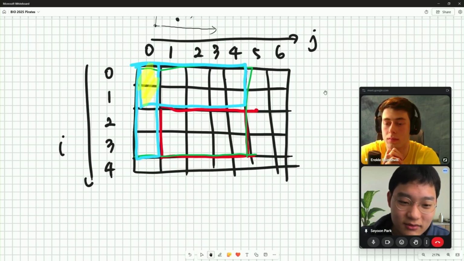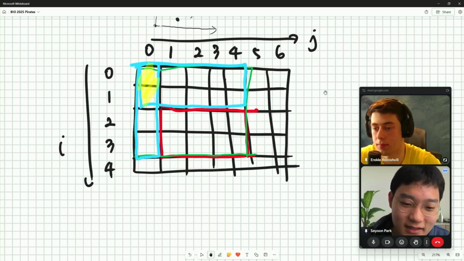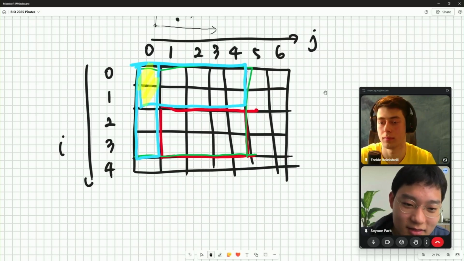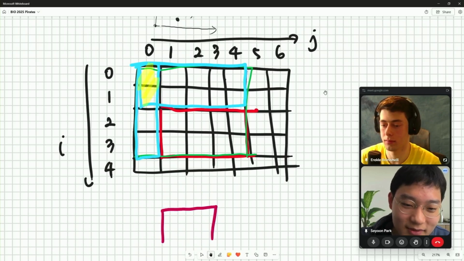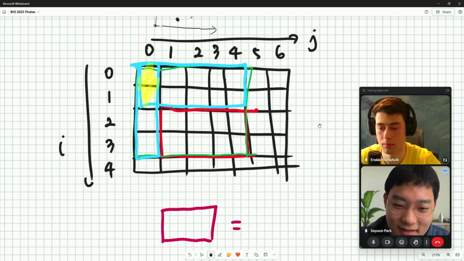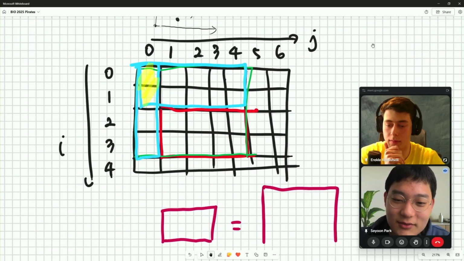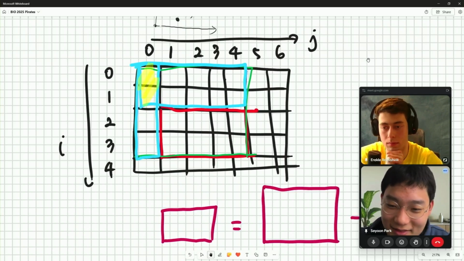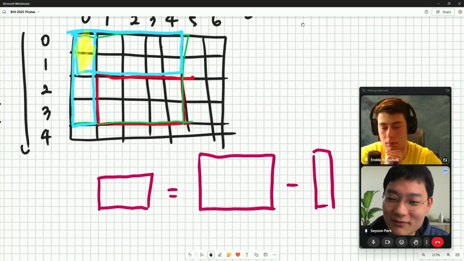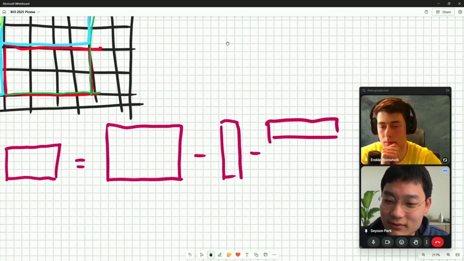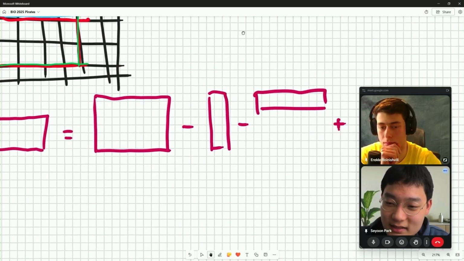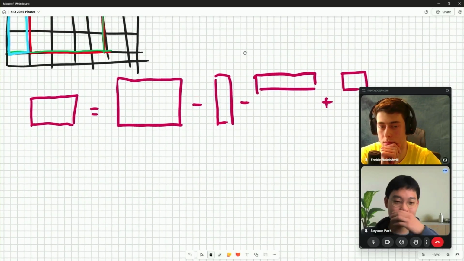Basically, this rectangle is the same as this rectangle minus this rectangle minus this rectangle, and then plus this corner.